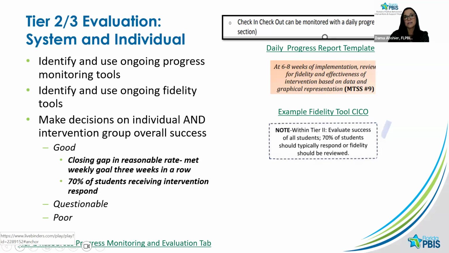Sometimes interventions, academic and behavioral, will come with some recommended fidelity tools, but it's important, from a district perspective, to think about what it is that schools can use for the different interventions that we support, both for progress monitoring and to determine that the interventions are being implemented with fidelity. Because we can't really make good decisions about whether or not a student is ready to exit, if they're successful, or they need more intensive support, if we're unsure if those interventions are being implemented with fidelity, and that might be impacting student progress. So we have given you in this one a progress report template, like Dana was saying,